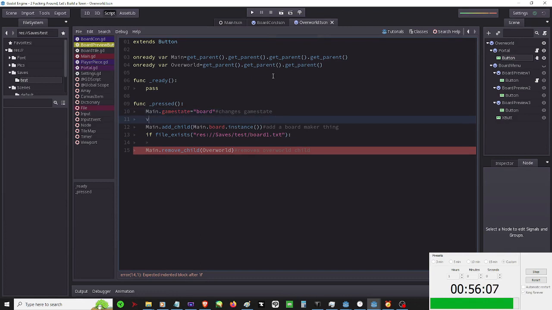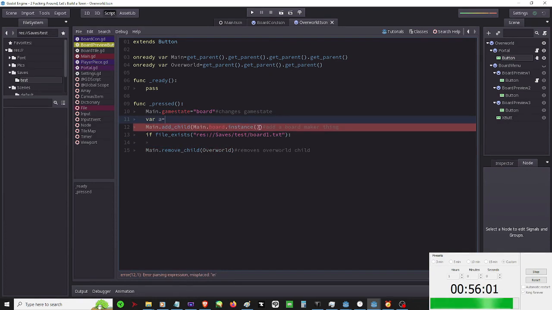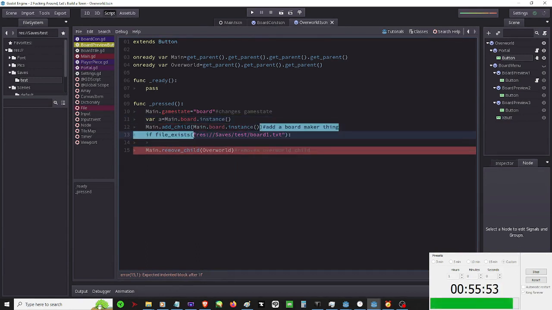I think what I need to do is var a equals mainboard.instance, so that add child a, and then if file exists